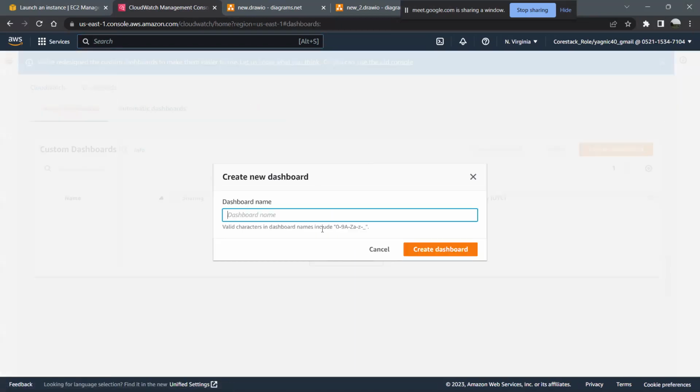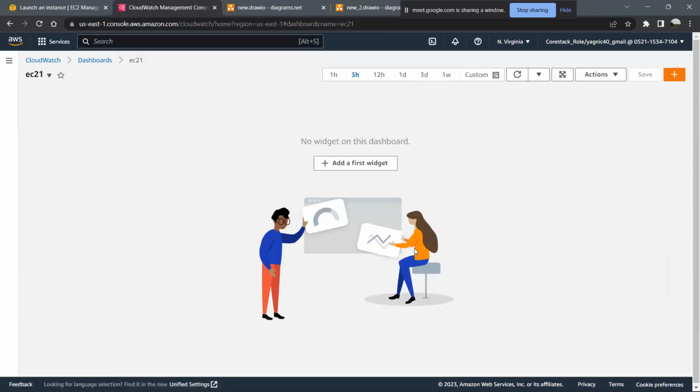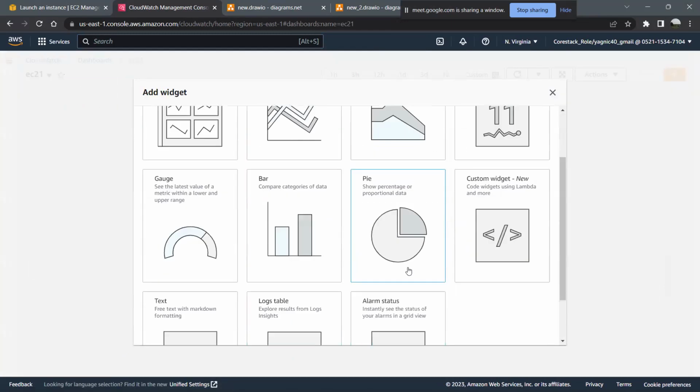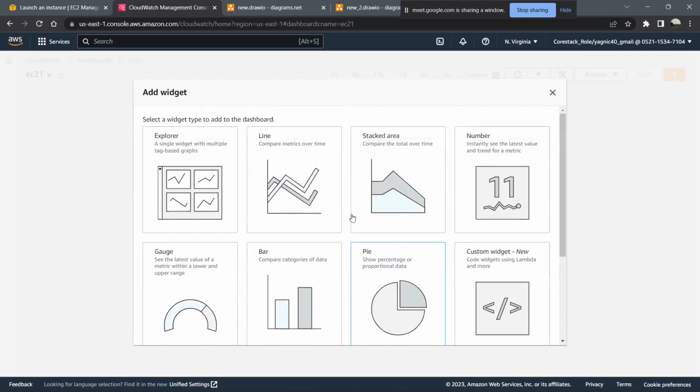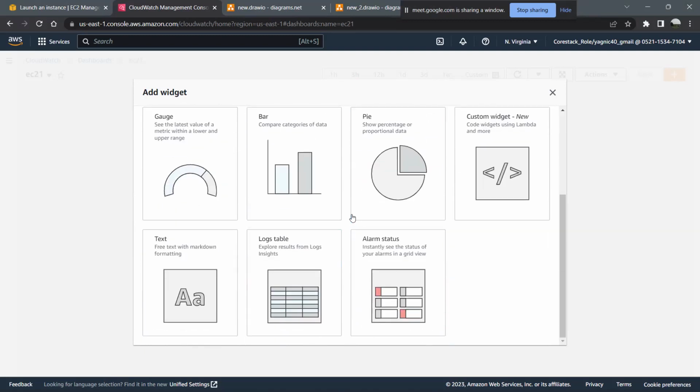Click on create dashboard, and you can just say this is my EC2 one dashboard. You can see there are many ways to create the dashboard, right? What we need here first is to create a widget. What is a widget? Widgets are pre-built by AWS. So whenever you are clicking the logs table,